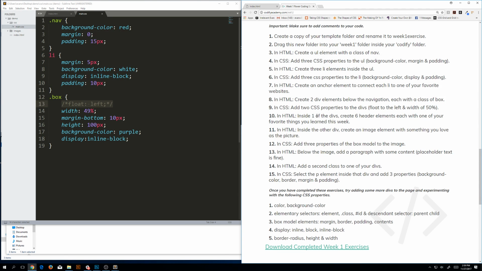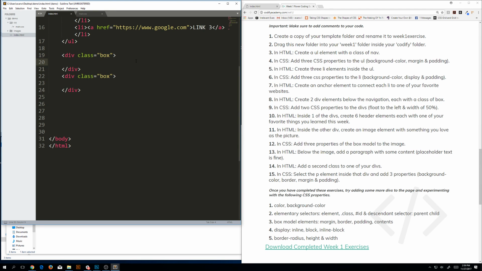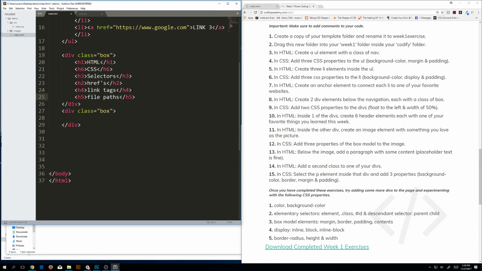Okay. Inside one of the divs, create 6 header elements, each with one of the favorite things you learned this week. Okay, let's do it. H1, HTML, H6, CSS, H3, selectors, H2, hrefs, H4, link tags, and H5, file paths. The only reason I'm doing a weird order 1, 6, 3, 2, 4, 5 is to